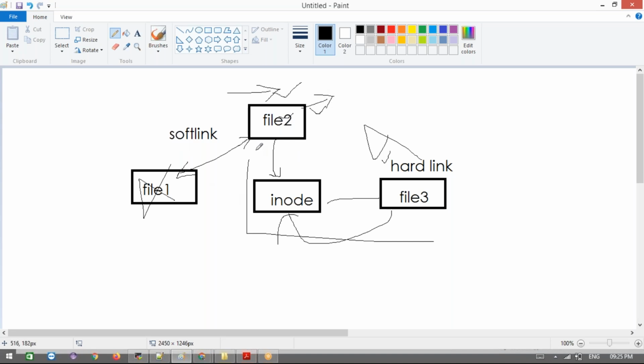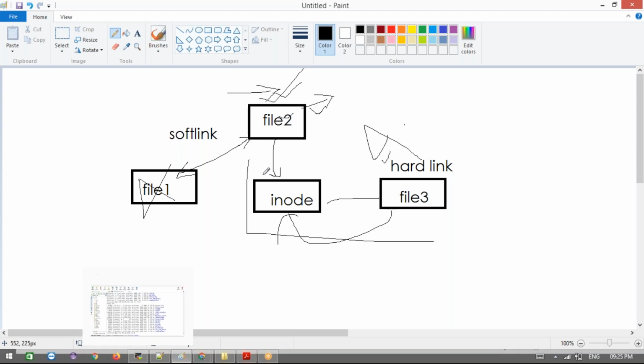It means if you use the soft link and the source file is removed, the existing link file is of no use. If you use a hard link, even if your source file is removed, the copy of the file is still there, and we can use that file. I know this is a little bit confusing. We'll do the hands-on very easily.